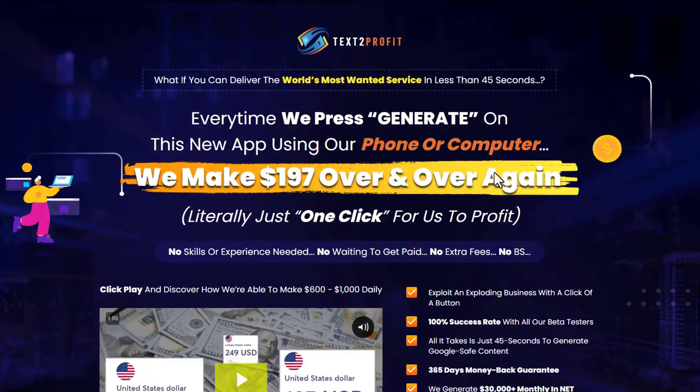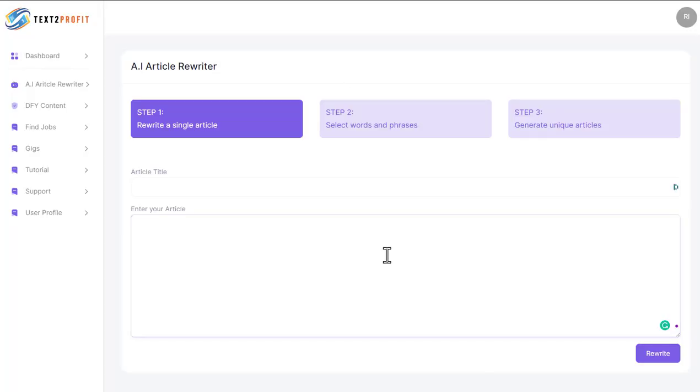So guys, as I said, let's jump inside. We'll have a look exactly what this is doing. So basically, this is all about article rewriting. This isn't really AI. Not everything is AI that you press a button online these days, but they seem to want to call everything artificial intelligence. It's not like Jasper or any of them programs that truly are AI. They've got machine learning technology behind them, which are trying to get you articles that are truly unique. All this is doing is spinning an article and making it slightly different.